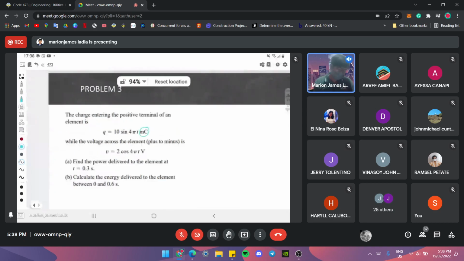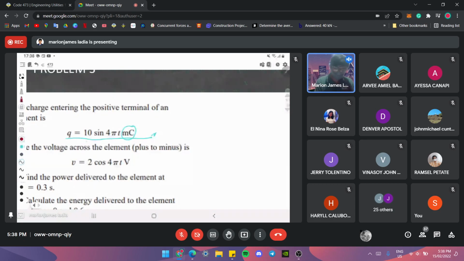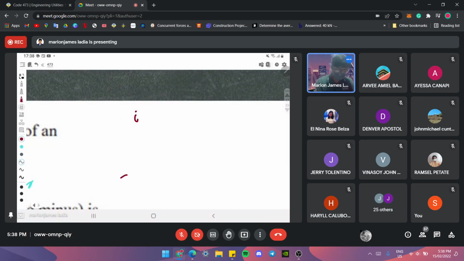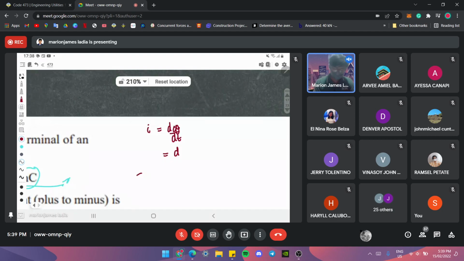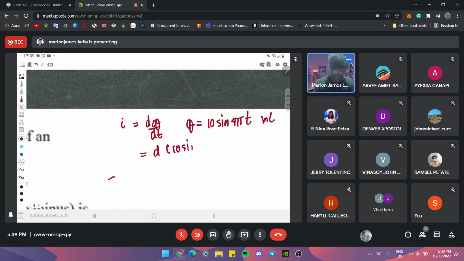Okay? So dito, we are given charge, but we are not given the current. But we know that I is equal to dq over dt. The charge is equal to 10 sine 4 pi t millicoulomb. So therefore, pag kinuha natin yung derivative nito, we have the derivative of 10 sine 4 pi t